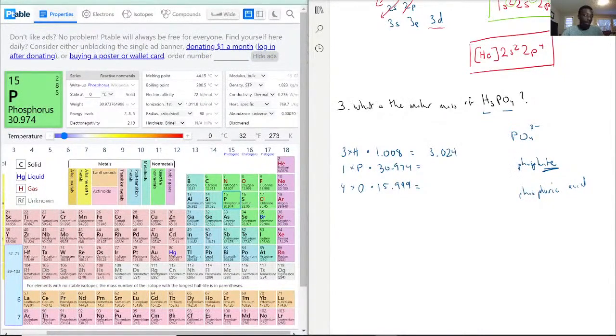Okay, I believe at least. It's always good to double check with the calculator if you have the opportunity. Yep. And phosphorus is 30.974, and oxygen, 4 times 15.999, should be 63.996. Double checking as well. Yep, alright. And now that we have the individual components, you would add them all up together because that's just your total. So we have this plus 30.974 plus 3.024,